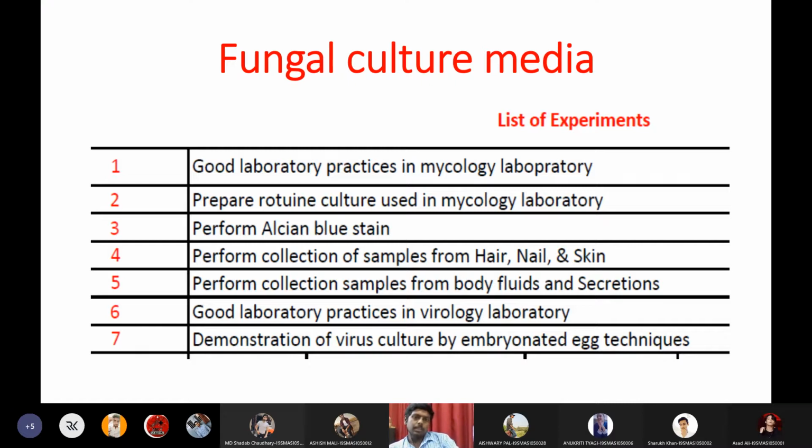Then the sixth experiment is performing GLP in a viral laboratory, which you already know. So the same GLP that we follow in the regular laboratories, we will add a few more additional apparatus on our body for protection. So that is GLP in the virology laboratory. Then last and finally is our seventh experiment, which is culturing of viruses. Usually viruses are cultivated in eggs, so we will use embryonated eggs for cultivation of viruses. So these are the 7 experiments we have in the lab.